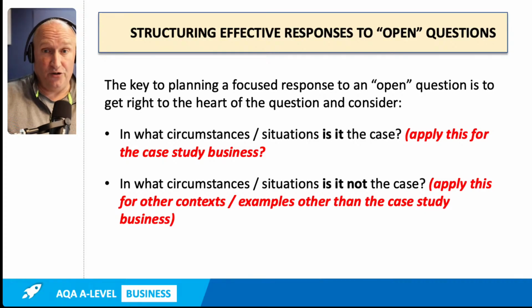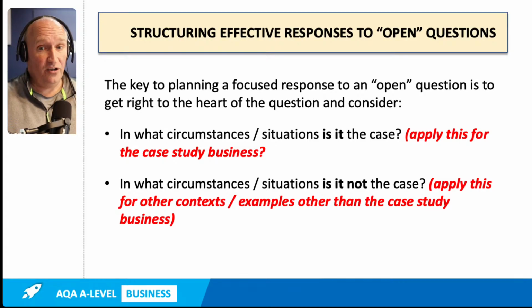And of course, the same technique works in paper 3 for all 6 questions. And the way we do this is that we take the case study and we deal with it first. So our first paragraph is we apply the question to the case study business, why it would be the case for the case study business. Then we ditch the case study business for our counter argument and we consider other situations, completely different industries and situations. So move away from the case study completely and consider why that would be the case, why it wouldn't be the case in other situations. And then we conclude. And as I say, we know what the answer is. In some situations it is the case, in some situations it isn't. So we'll see this in action as we go through this.